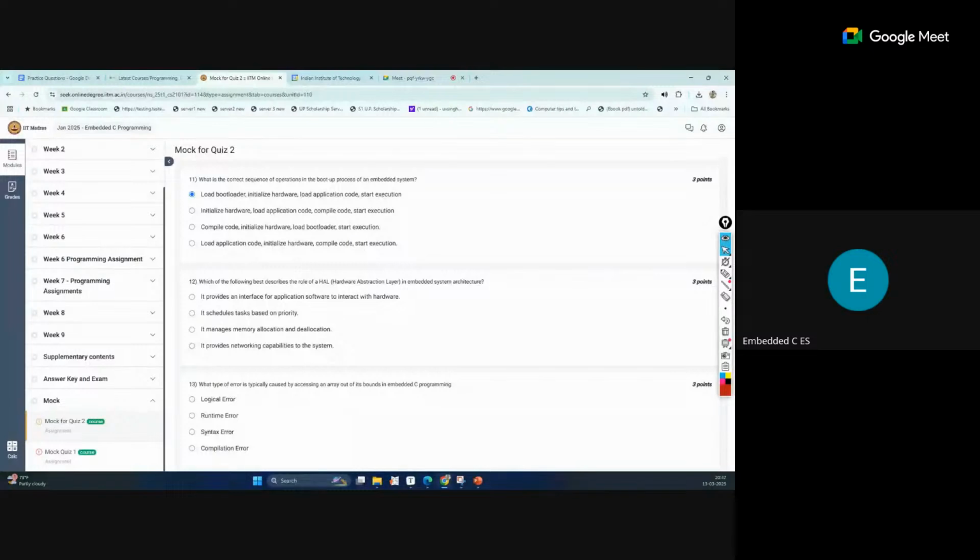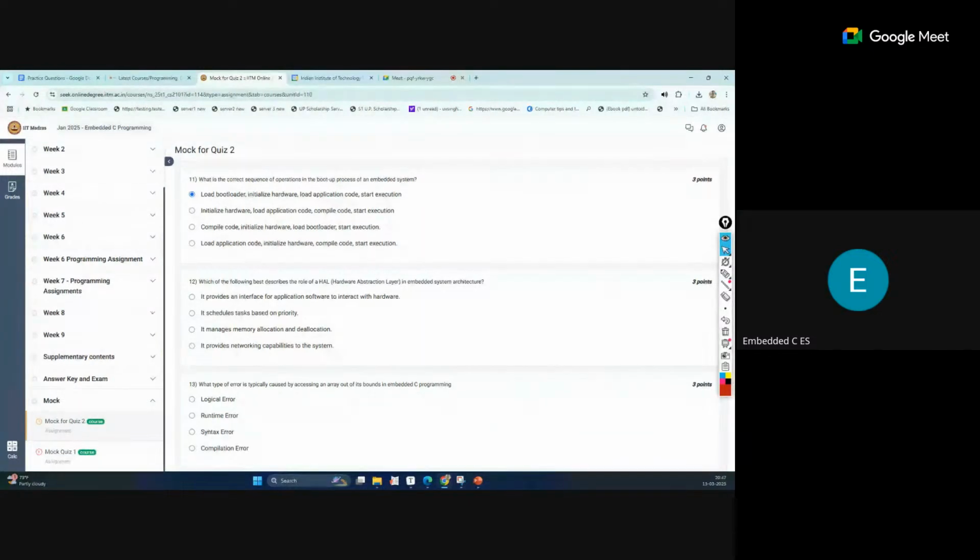We will only use those functions, and those functions will interact with the actual hardware. So that is the hardware abstraction layer. The user is not directly interacting with the hardware; the user interacts through the middle layer called HAL, and that HAL layer interacts with the actual hardware of the microcontroller or embedded system.